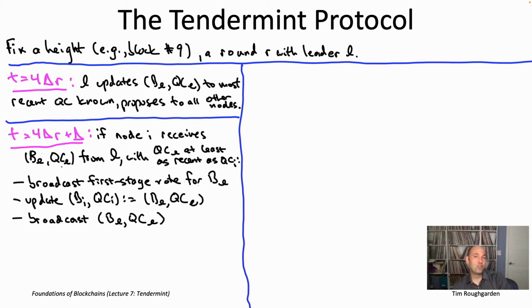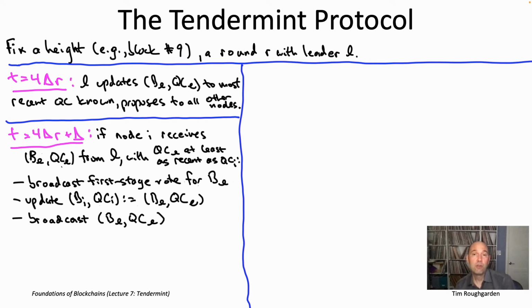And indeed, some of the more efficient implementations of follow-ups to Tendermint do those kinds of tricks, right, to avoid the all pairs communication that we're seeing here. But again, for us, efficiency considerations are too far out into the weeds. We want to keep things as simple as possible. So we're going to go ahead and just use this all pairs communication, not just in this phase, but in the next phase as well.